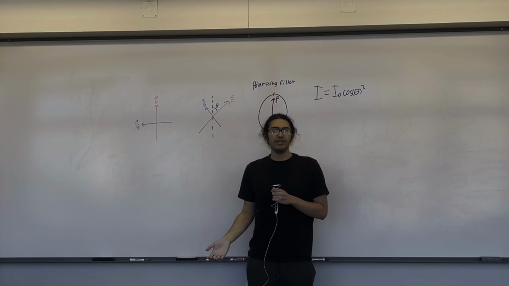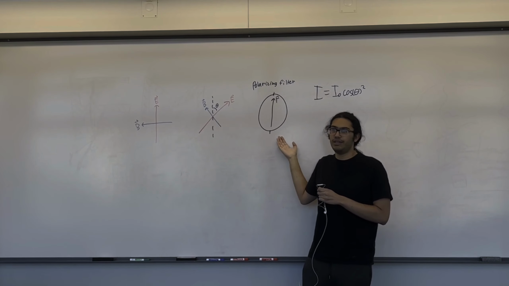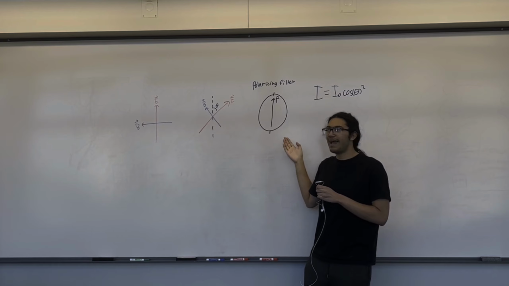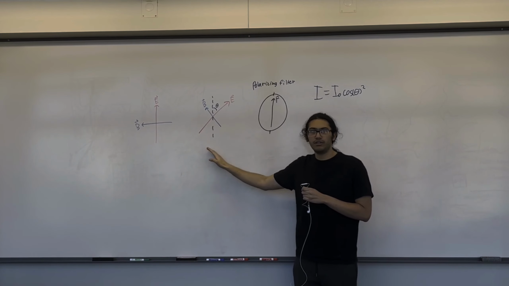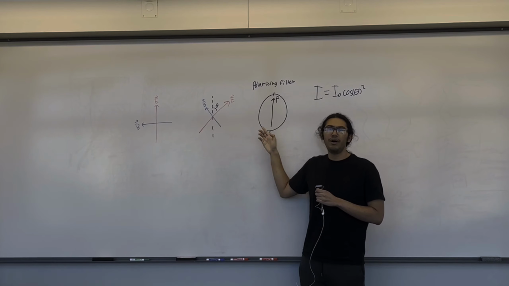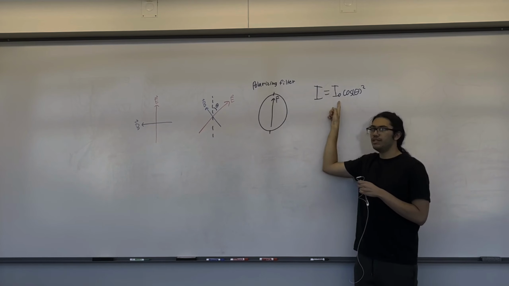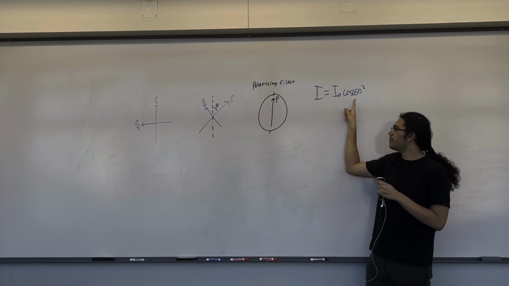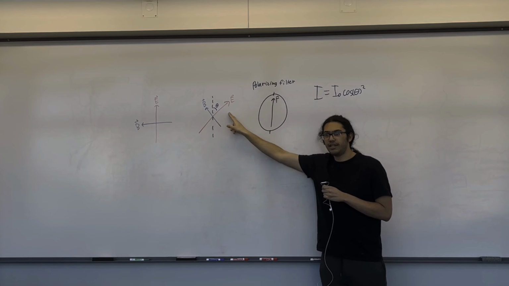So polarization is something that we can interact with the use of something called a polarizing filter, which will usually be drawn like this. The polarization filter has an important property, which is its transmission axis. So if you pass a polarized EM wave through the filter, you will get an EM wave that is polarized in the same direction as the filter, but you're going to have a step down in intensity. That step down is equal to the initial intensity of the EM wave times cosine of the angle squared,